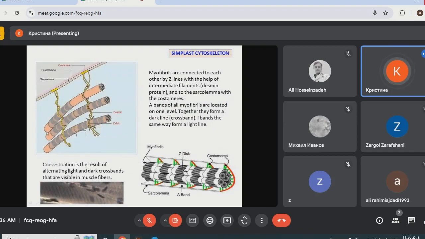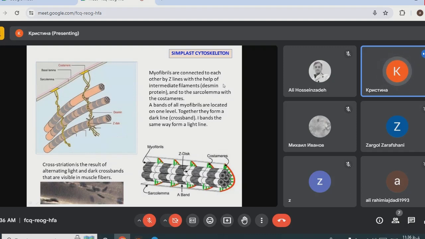Also, all myofibrils, here you can see them, are attached together along the Z line. Here is the Z line. It is in the middle of the light I disc here. So they are attached together along this area with the help of intermediate filaments, which are composed of the protein